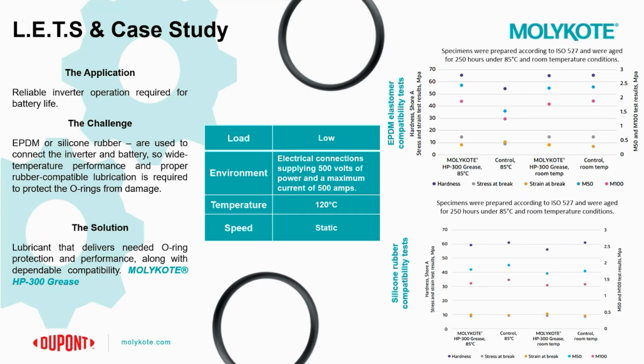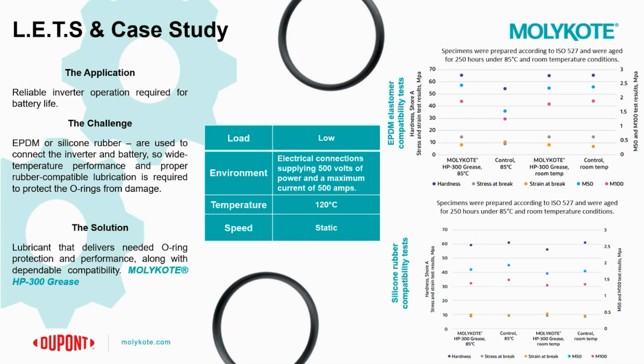And the maximum operating temperature in this environment is 120 degrees C, so it's not of a significantly high temperature. And the speed of the application here is static. We're essentially dealing with a stationary application. So in this application, it's probably important to consider a dielectric lubricant because of the specific environment. So for this application, I would choose HP 300 grease because it's a dielectric grease that would suit the specific